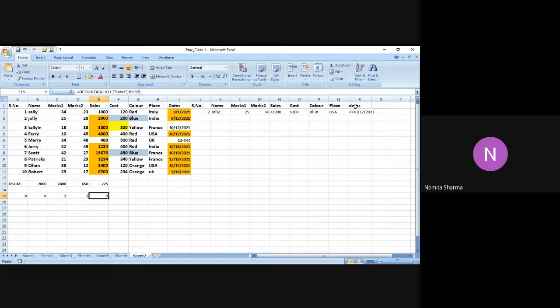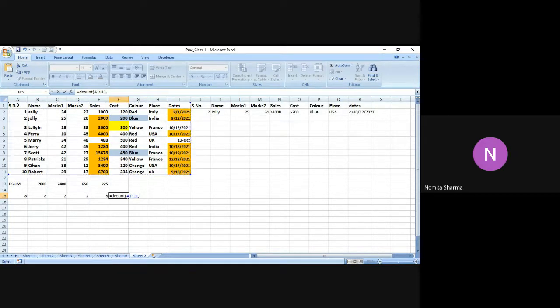It will give me 8 as the answer. So DCOUNTA, please remember, will consider both numeric and text values and even dates, but DCOUNT will only consider the numeric values. Let me see with DCOUNT, can I use date or not? Let me just check that and then I'll be back.